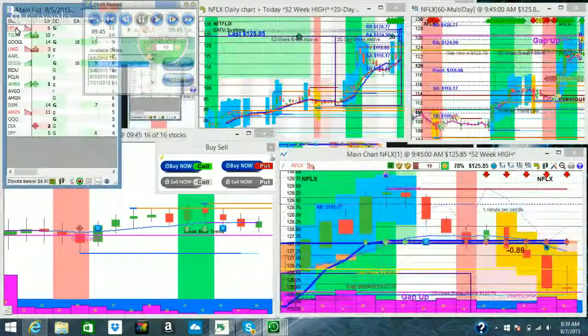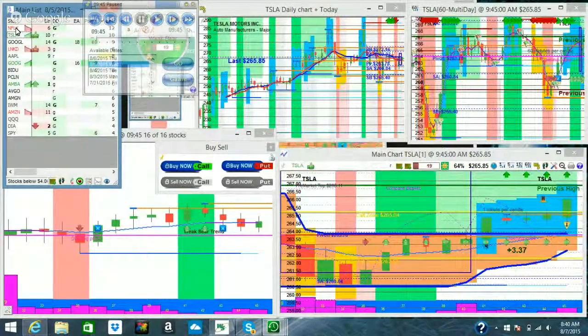Start with the highest one here, Netflix. Okay, that's a very clear sign that you should not be trading this stock, because there's a lot of people who think it should go up, and there's a lot of people who think it should go down. So let's wait until they make their decision and agree.